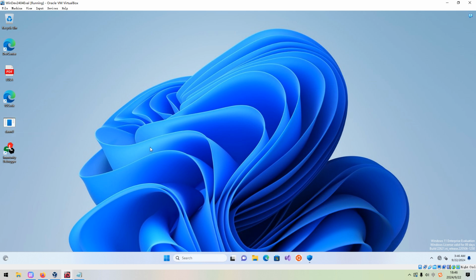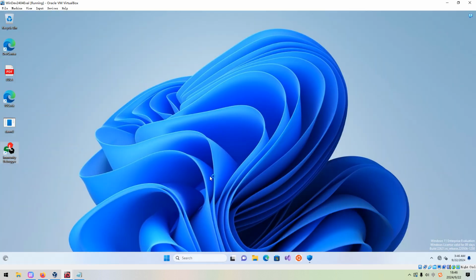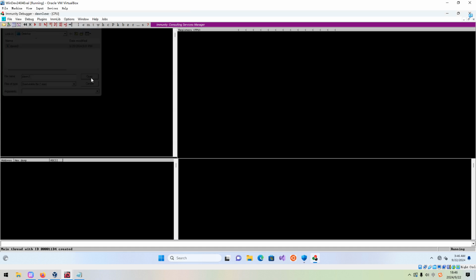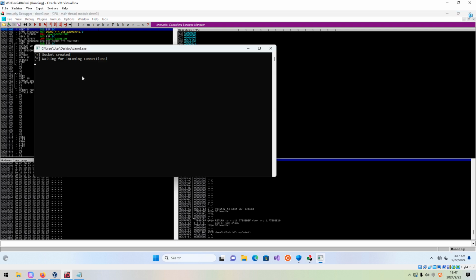So next, how to do? We can launch the Immunity Debugger and we can run as administrator. And yes, and then we can open the executable, open, and we can run it, right? As you can see from the bottom, we can know that now the binary is running. And also we can get to know that this application is waiting for incoming connections.